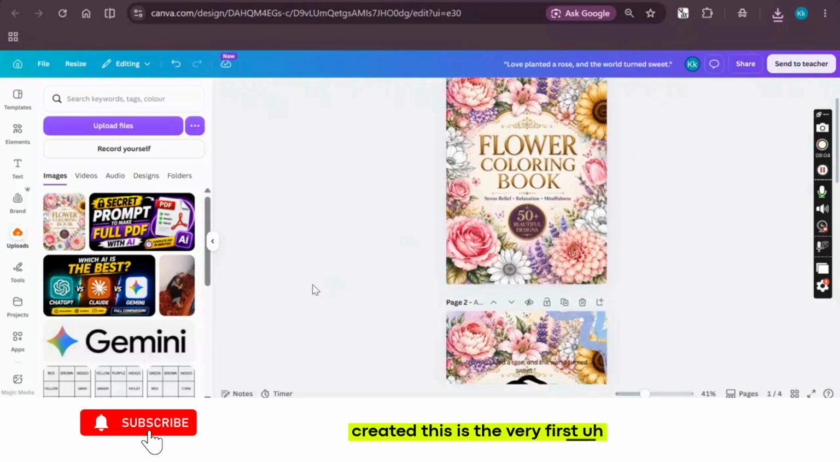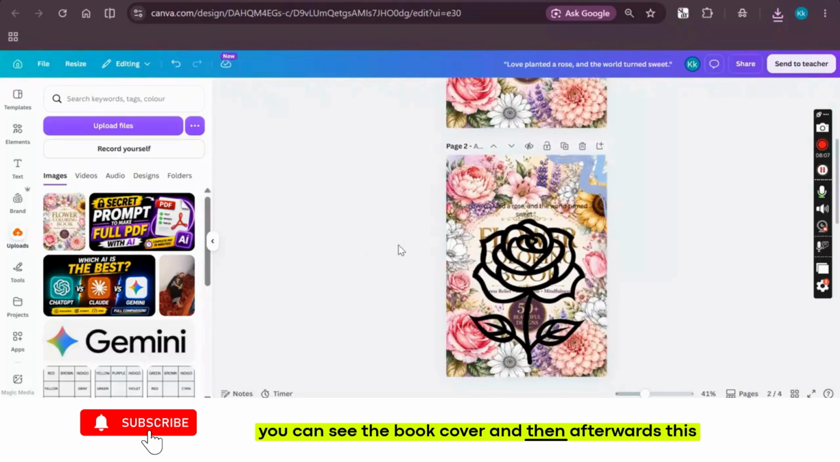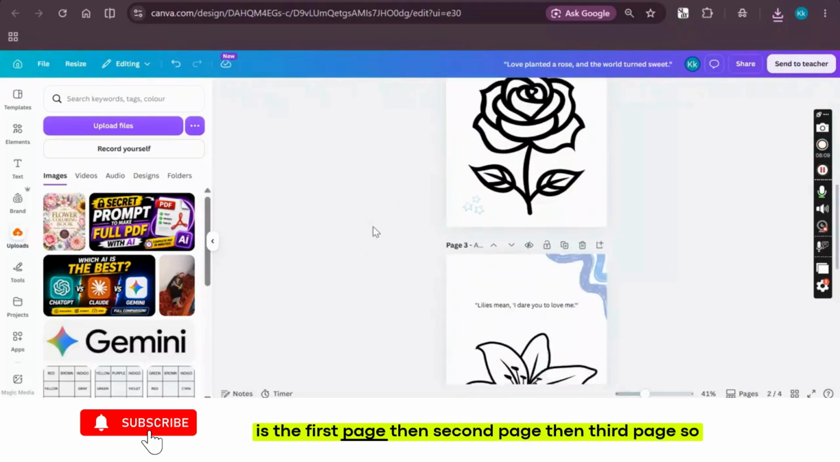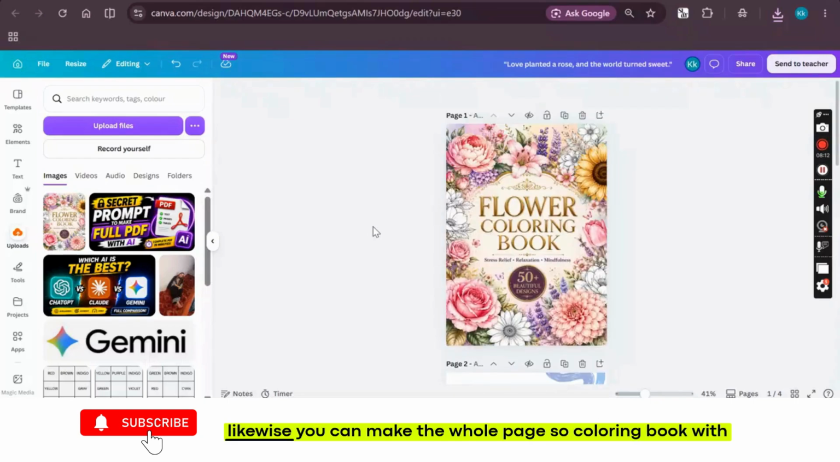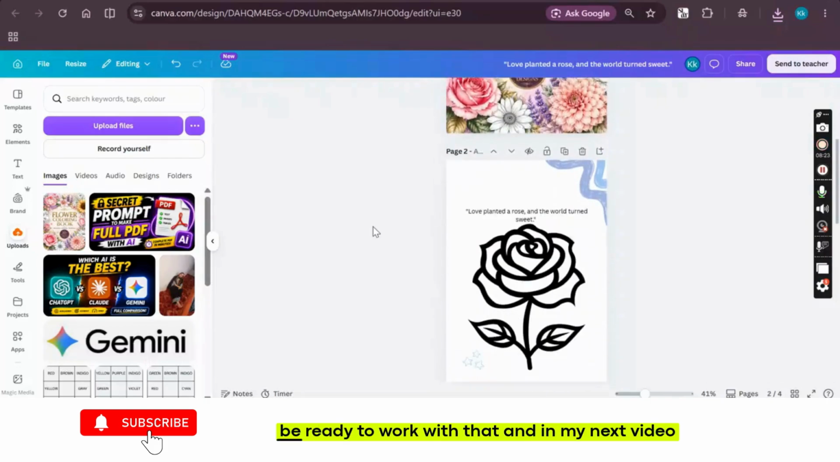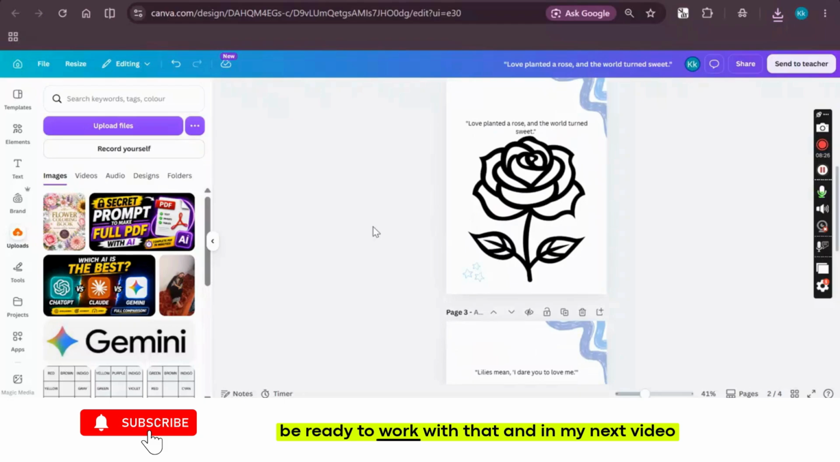This is the very first, you can see the book cover, and then afterwards this is the first page, then second page, then third page. So likewise, you can make the whole KDP coloring book with the help of ChatGPT and with the help of Google also, and with the help of Canva to create this book and be ready to work with that. And in my next video, I'm going to tell you how you can sell these books on KDP, Amazon, so that you can start